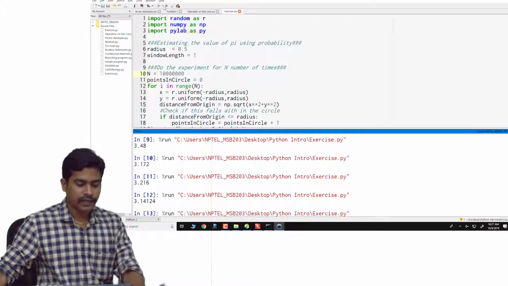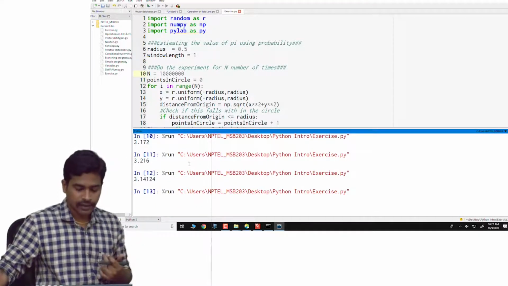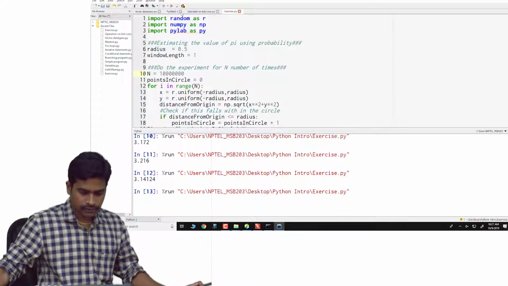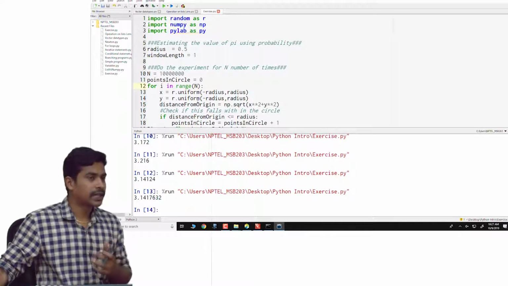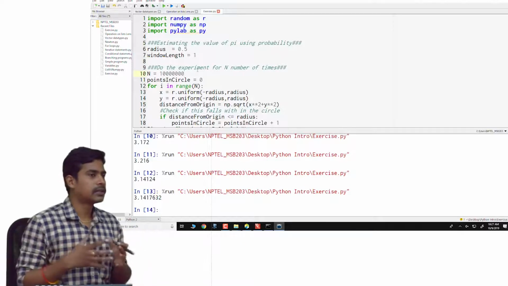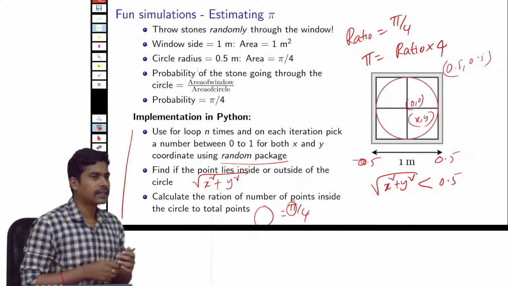3.14. If I still increase the values, it's going to take a little time, because it has to iteratively calculate this. Let's wait. Okay, let that run. Yeah, so after this iteration, it has given 3.1417 as the value for pi. If you keep increasing the iterations, it's going to converge to the actual value of pi. I hope you found this little exercise interesting.